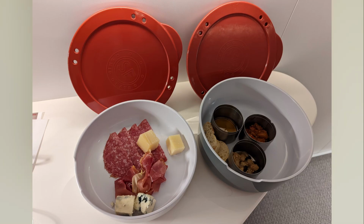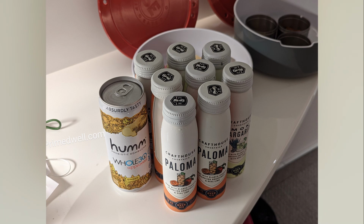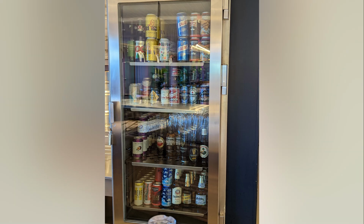And remember that Ship Eats delivery fees are waived if anything in your order has a cost. So if you order a premium beverage as a part of your Ship Eats order, there won't be a delivery